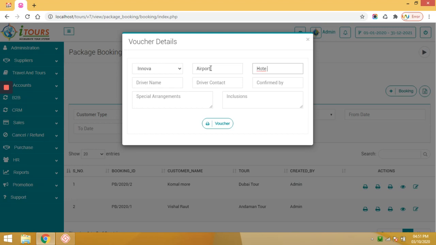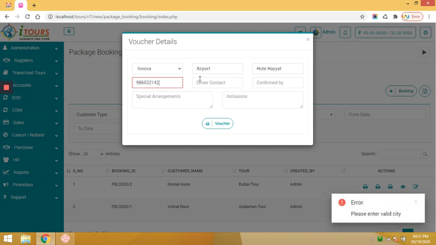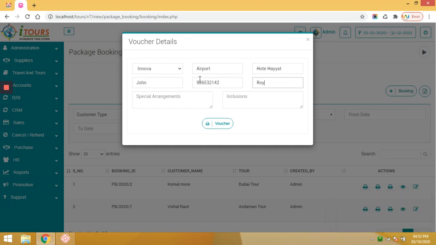So here you can see the hotel details will be reflected. Your logo will be shown, booking details, duration, total guests, number of rooms, room categories, guest name, confirmation number from the booking section, check-in date with time, check-out date with time, meal plan, and emergency contact details. If you already added the terms and conditions, they will reflect here. Similarly, the second hotel's voucher will be reflected in these sections.